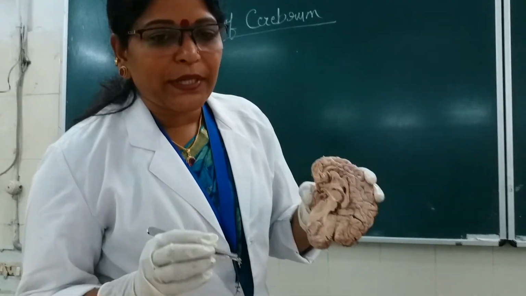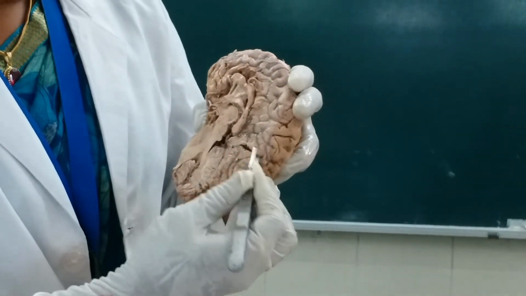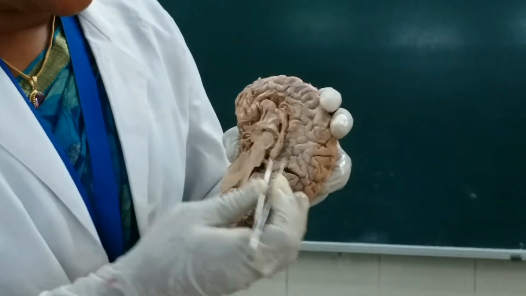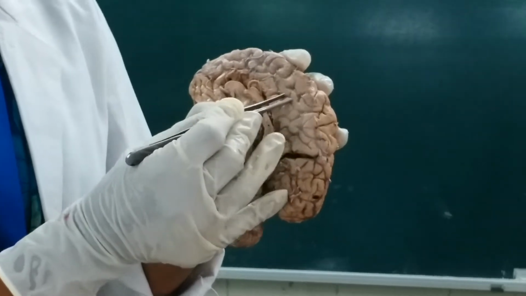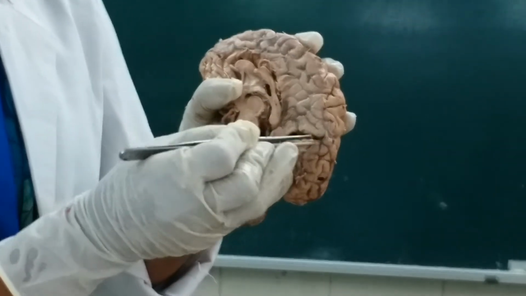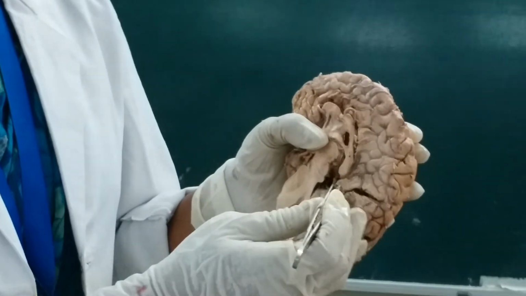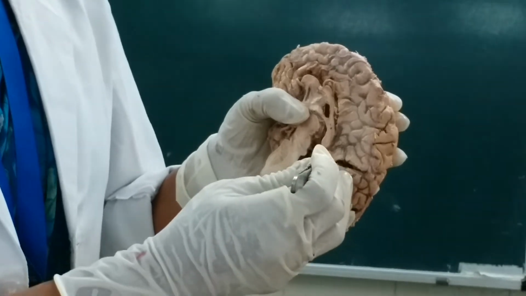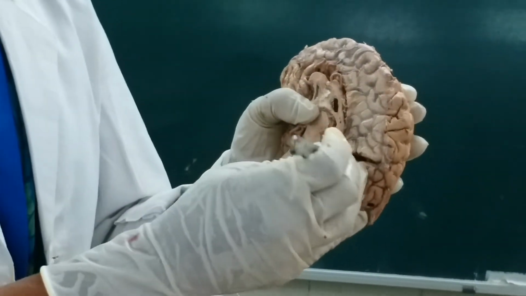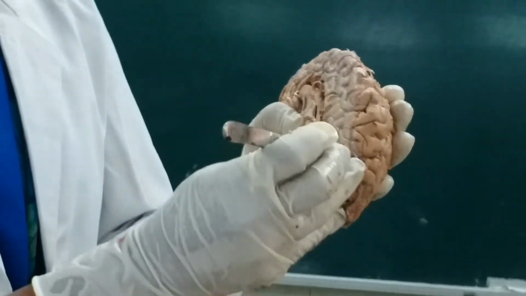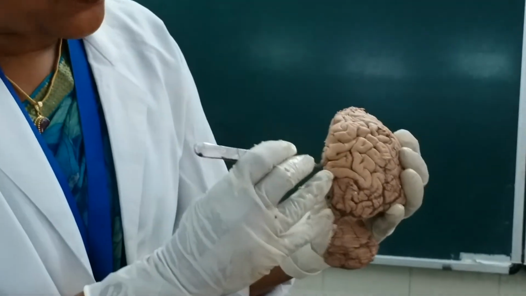The parieto-occipital sulcus, it will start on the medial surface and it will extend over the superolateral surface, isn't it? So, this is the part of the occipital lobe here, and this is the part of the parietal. This is the parieto-occipital sulcus which starts just here, at the part of the corpus callosum, and this is the isthmus, just below that. It runs backwards from here and goes up to the upturned part, lying on the superolateral surface.